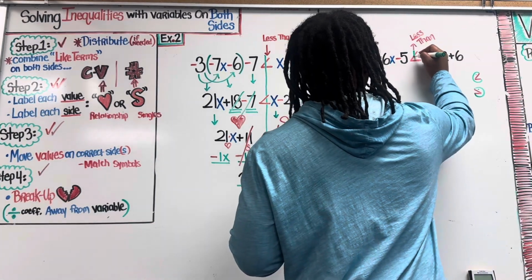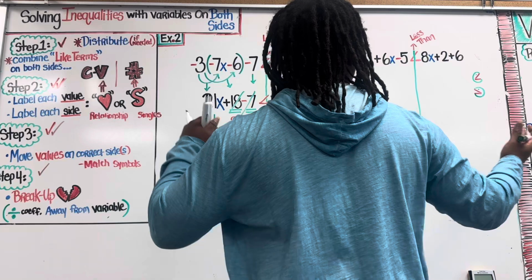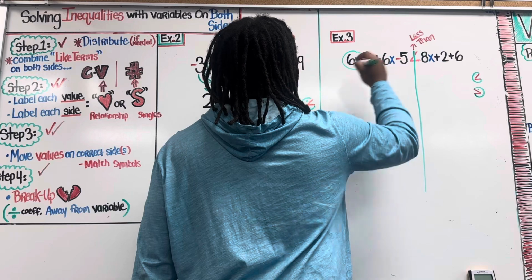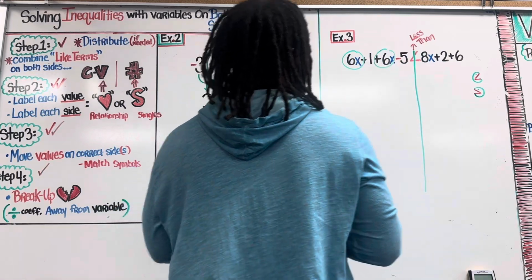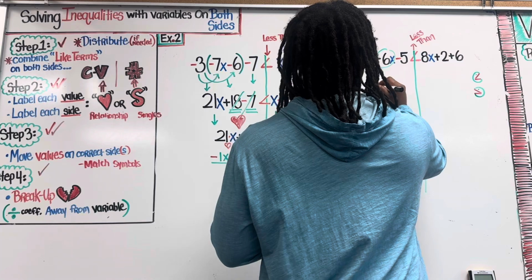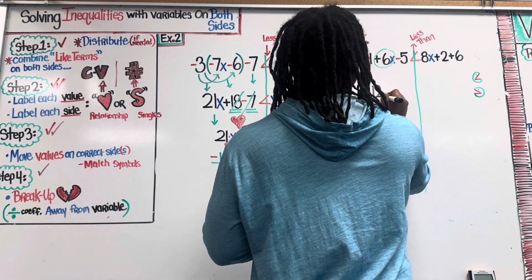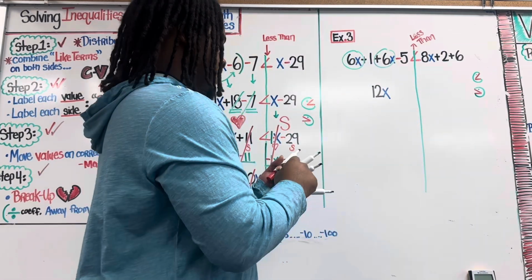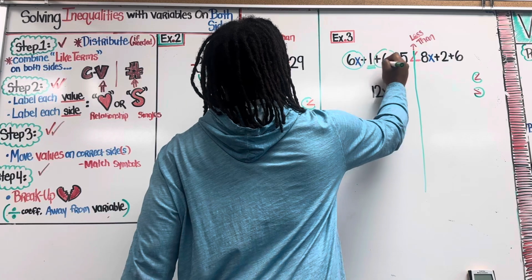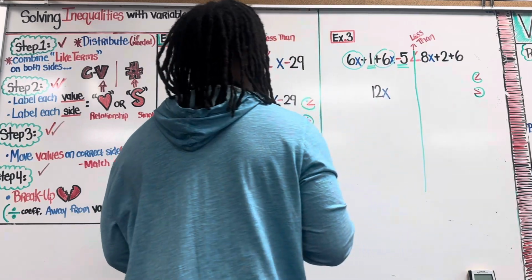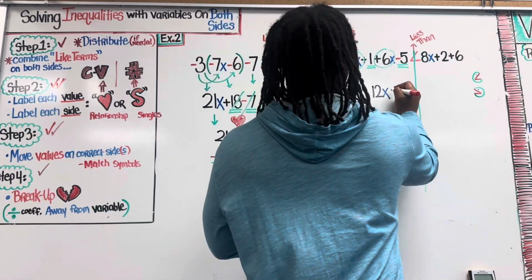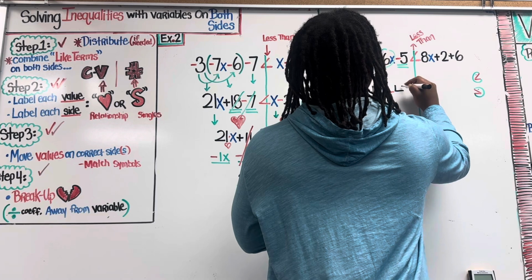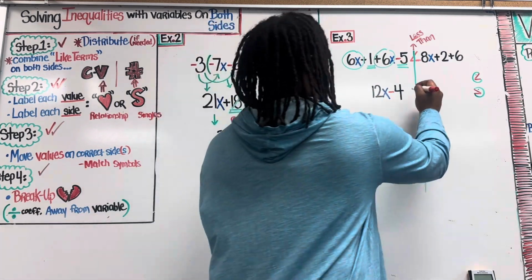I'm gonna draw a line going through the inequality sign. It's always good to do that so you can split both sides, okay? And I'm gonna combine like terms. I'm gonna combine positive 6x with this positive 6x. 6x plus 6x is 12x. All right, and then I'm going to combine these numbers, 1 and negative 5 or minus 5. 1 minus 5 is negative 4. It's negative 4. It's less than,